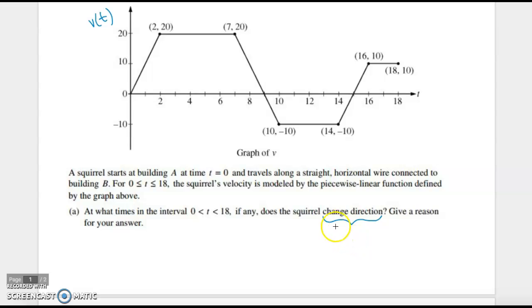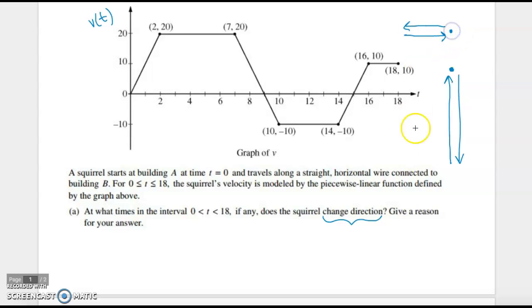When your squirrel changes direction, we know something very specific about it. We talked about it a lot when you're shooting a rocket up into the air, right? So we shoot our rocket up into the air, it changes direction, it comes back down. We talked about what very specific thing we know about that rocket at that time. Well, we know that technically it's at rest at that time. Same thing if you're driving a car, you can't be driving forward and then switch to driving backwards without stopping